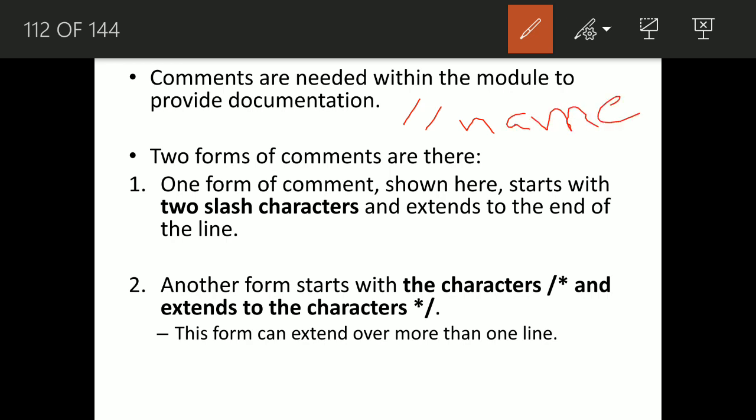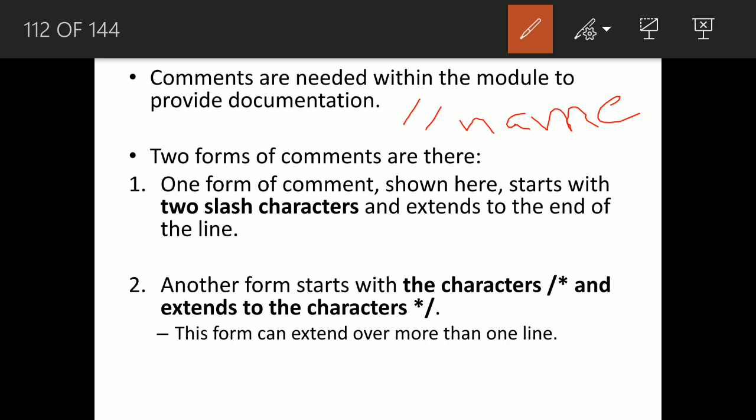This is a single line comment, meaning only one line, and in only one line you can write the information. This is called single line comment. It starts with two slashes. It should not extend to the second line. Whatever information you are giving for understanding purpose, for documentation purpose, while using single line comment, it should be in the single line only. It should not extend to the second line.